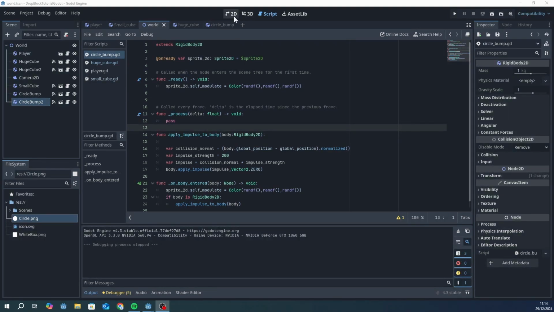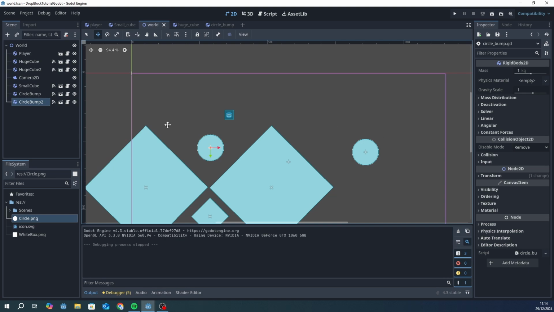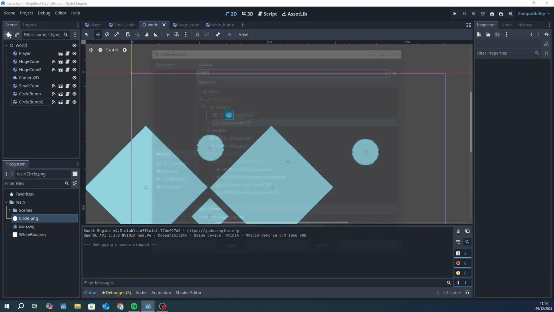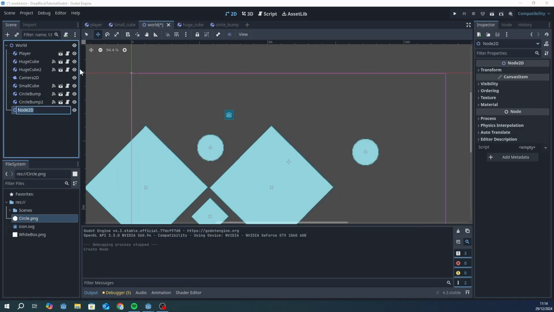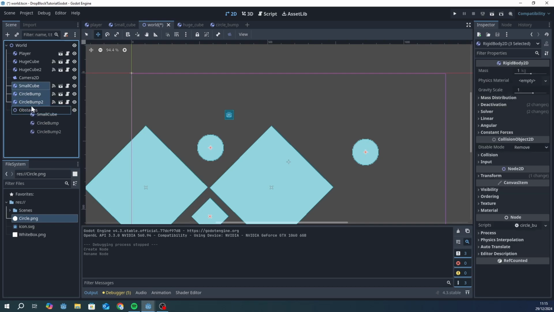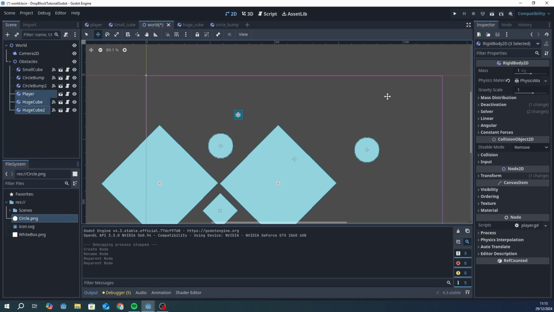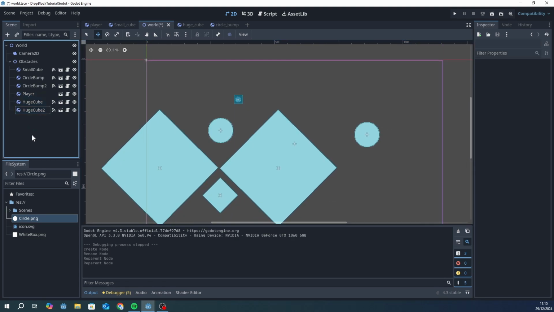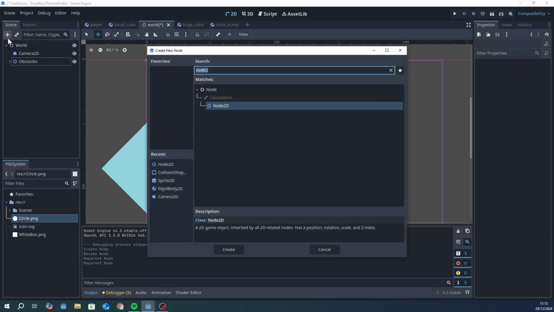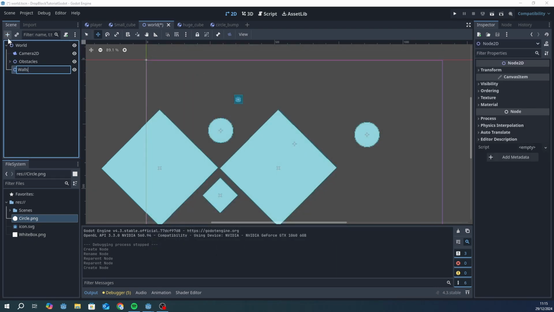Next thing we're gonna do, we're gonna set the world so the box is not gonna go outside. So I'm gonna put this one Node 2D. This is just for obstacles. I'm gonna put all the circle and small cube inside of this. And I'm just gonna edit the obstacle in the world, but first I'm gonna put another Node 2D, and this is gonna be called walls, and